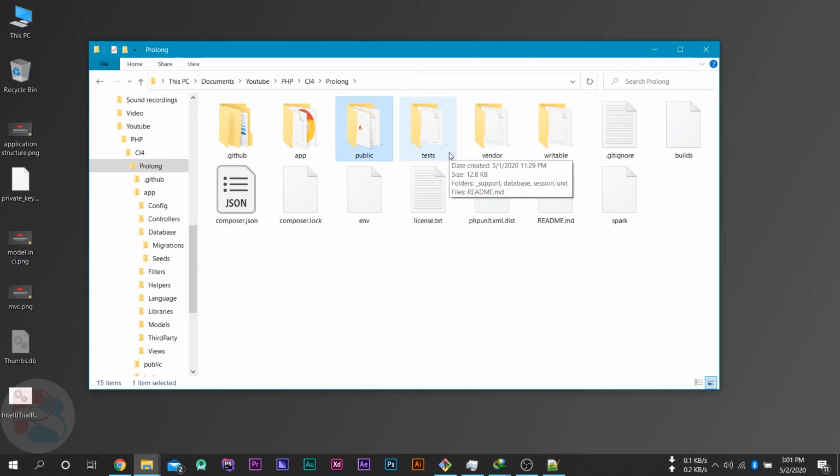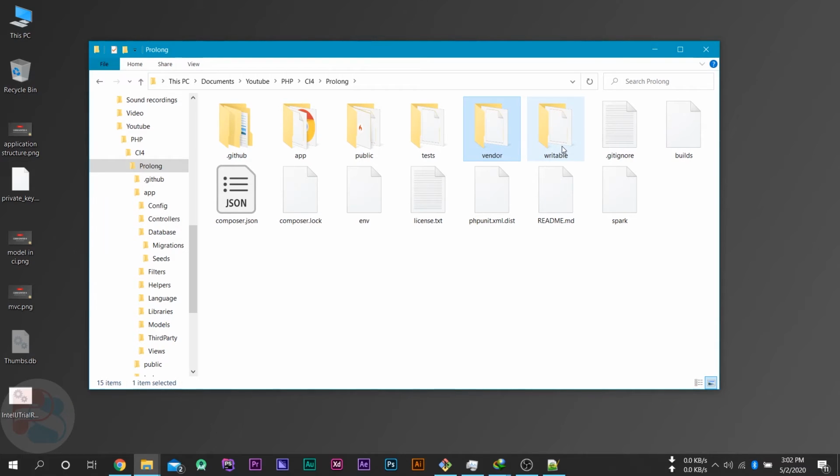Next folder is tests. You can create your custom tests to check the functionality of your website. We will discuss this later. Another one is the vendor folder. This is the base folder of CI4. All the system files will reside inside the vendor folder. We don't have to modify classes which are inside vendor. If we want to modify some files, then we can extend those files and update their functionalities.